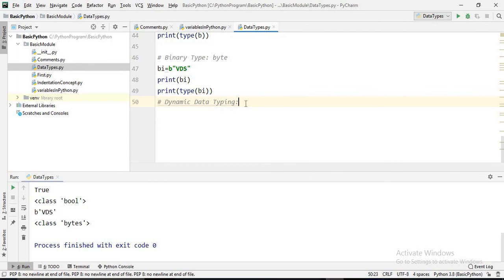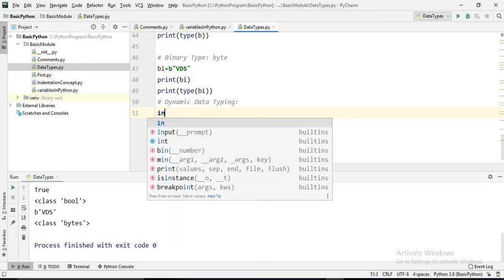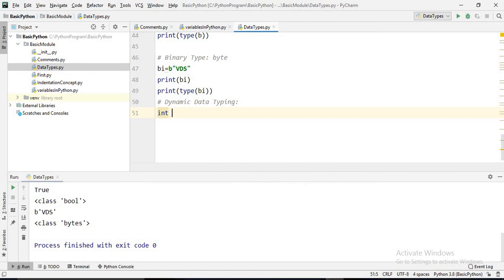In other languages like C, C++ and Java, all are static typing. Static typing means we have to decide first which type of value we are going to assign. Let's suppose if we are going to assign an integer, then we first declare the type and then write a equals 5. This is how we assign in another programming language. But in Python we need not take care of this.